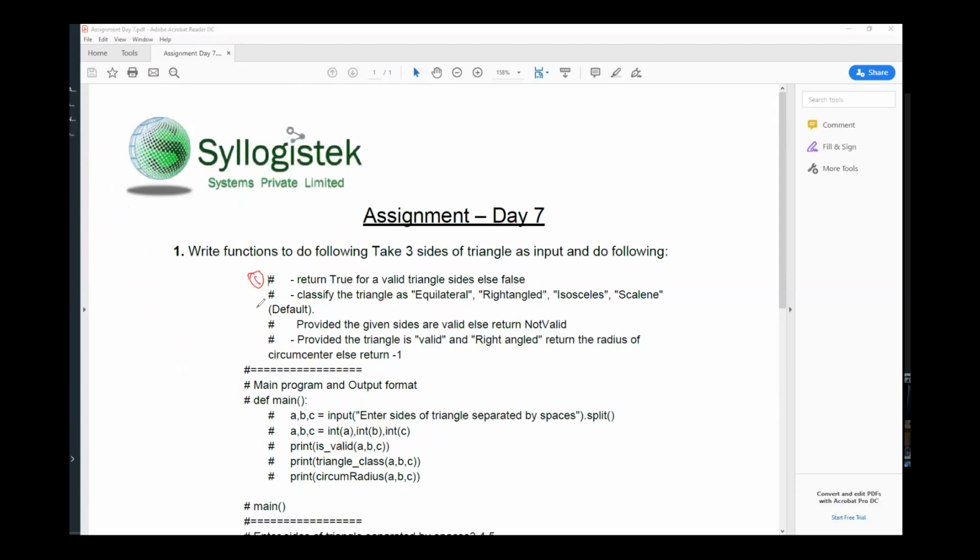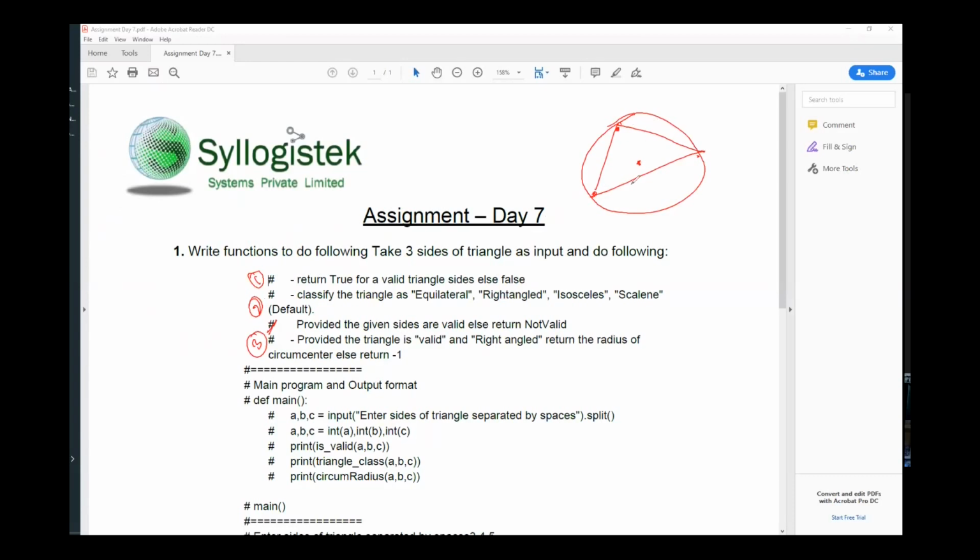This was problem number 2, and the third problem is: provided the triangle is valid and right angled, return the radius of the circumcircle, else return -1. Now, what is the circumcenter? For any triangle, all the vertices of the triangle lie on a circle.